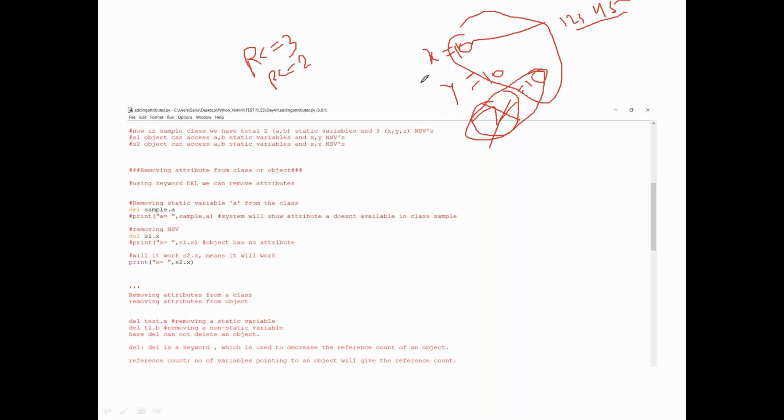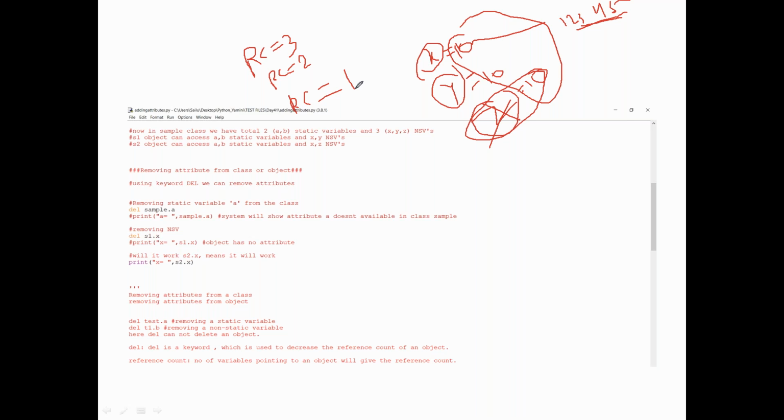Now for example, if I remove the y variable, that means right now only one variable, x, is referring to address 1, 2, 3, 4, 5, which holds the value of 10. So the reference count becomes 1. So the reference count tells you how many variables are referring to the same value or same address.